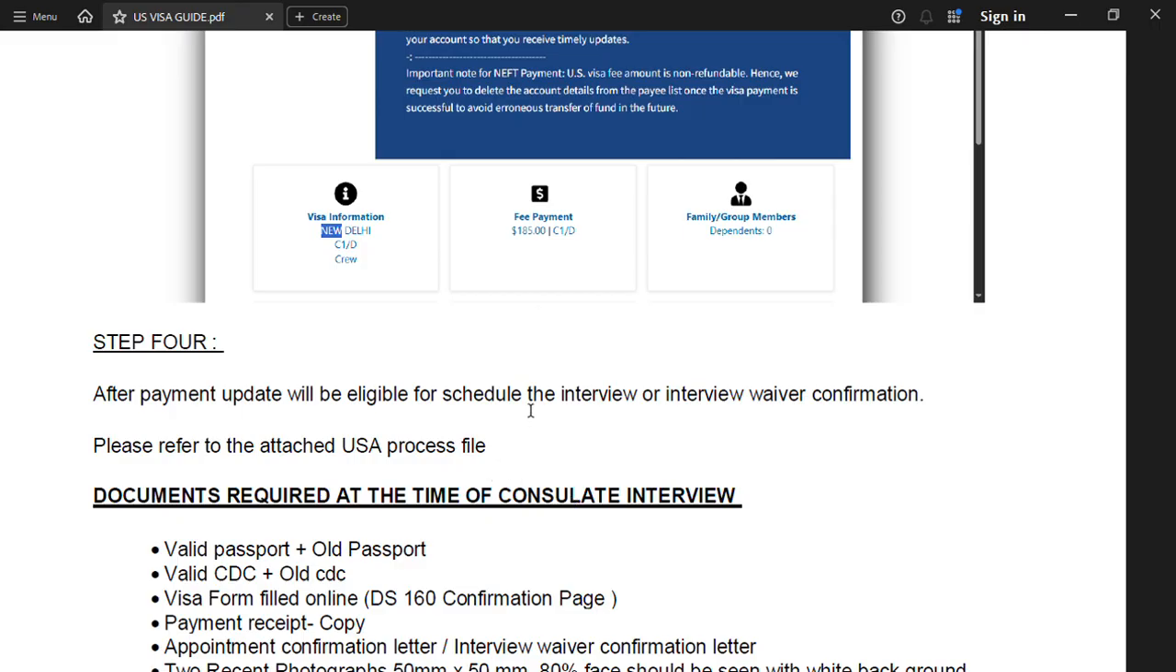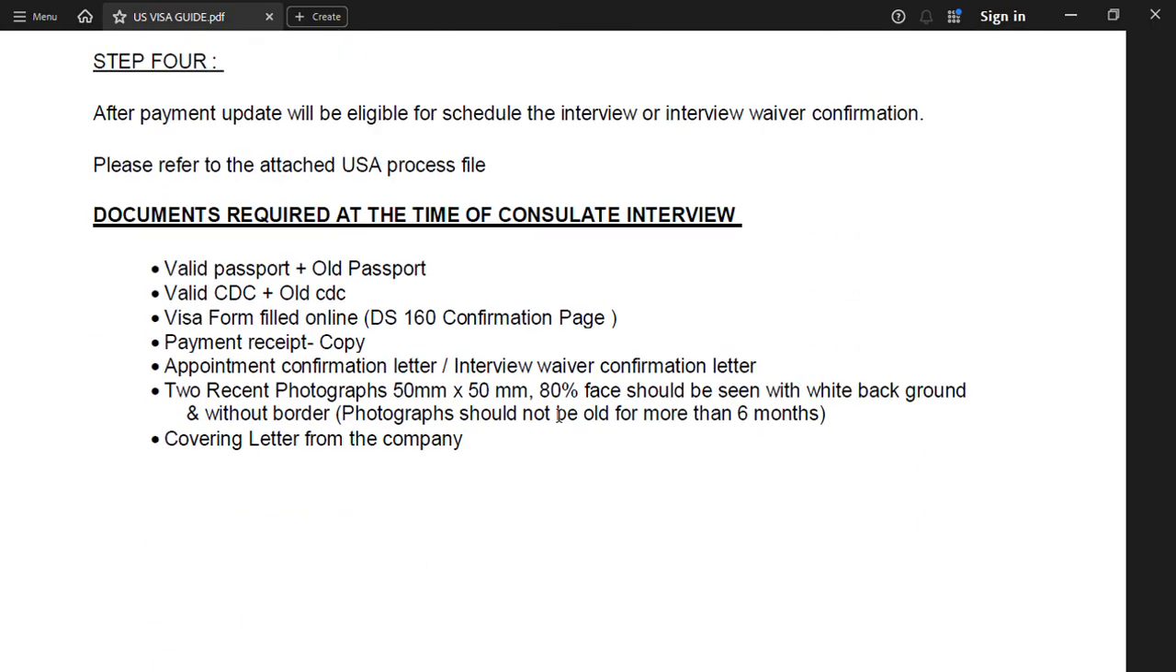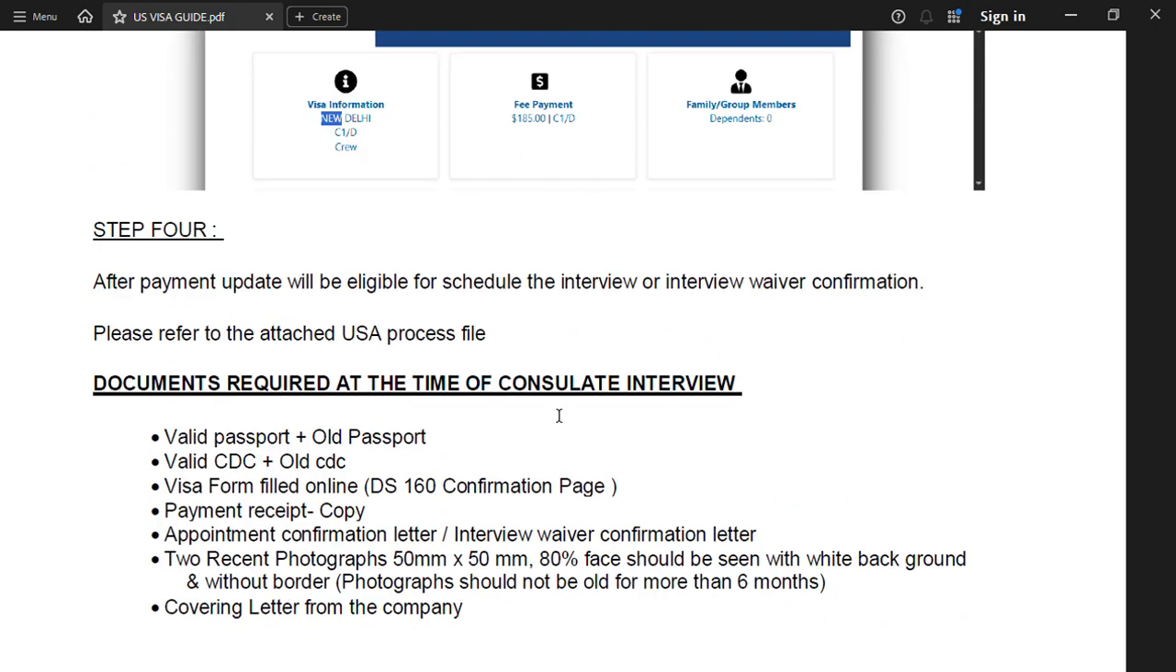So once you have paid your visa fees, you are eligible for an interview appointment. So you have to schedule that appointment. Please carry all the documents. One thing I will tell you, when you visit the visa application center for the first time,